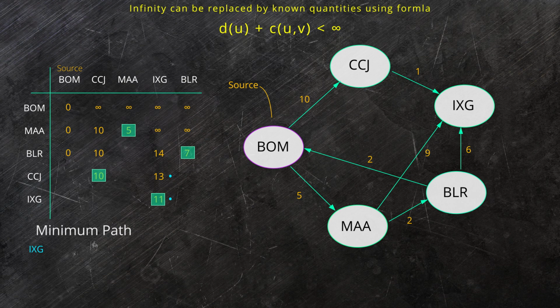So the pointer comes here. When the pointer comes here, look at the values in that row. The values in that row that has been changed. 13 has been changed to 11. So now you have to choose the minimum one. So from 13 to 10, the pointer has been shifted here. So that is CCJ. That means the selected node you are writing CCJ. Now you have placed the pointer here.